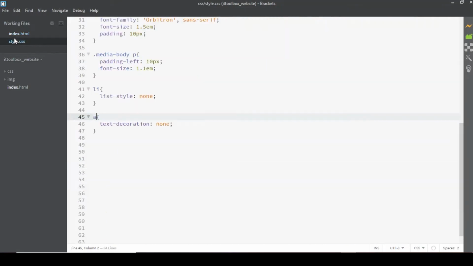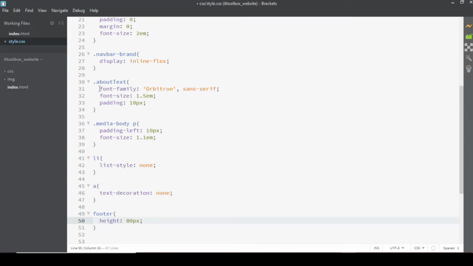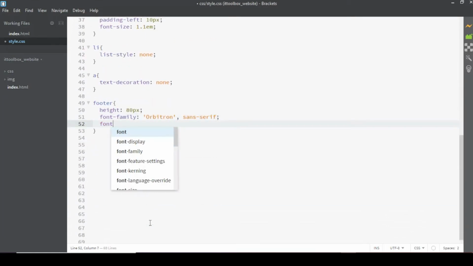Ngayon naman, let's add styling for the footer. So on our style.css, let's add the CSS rule for the footer tag with a height of 80 pixels and a font family of Arbitron. So let's just copy this code here. And then paste it down in this rule with a font weight of bolder